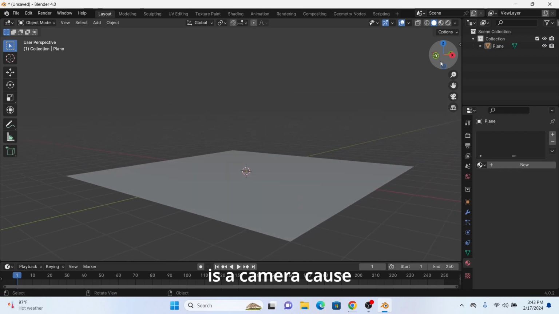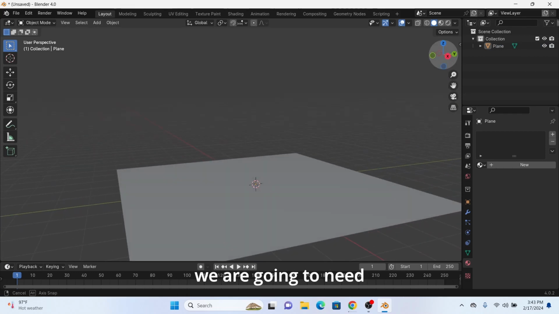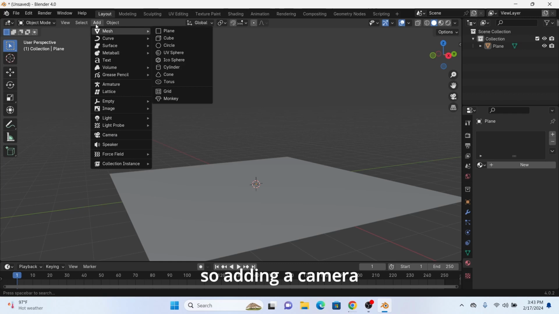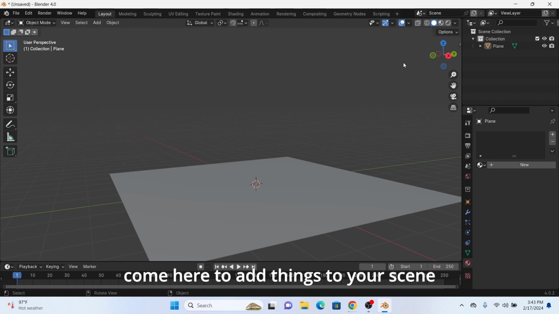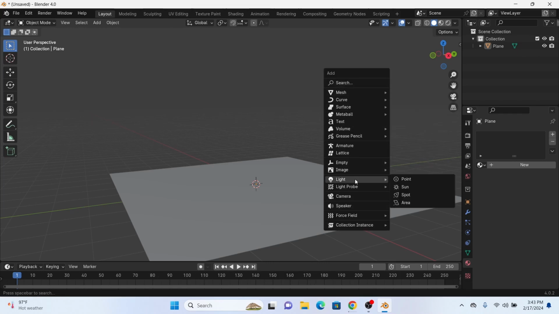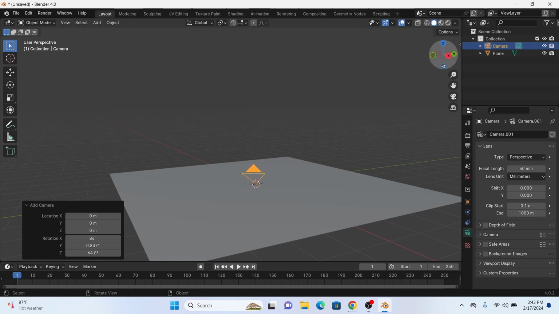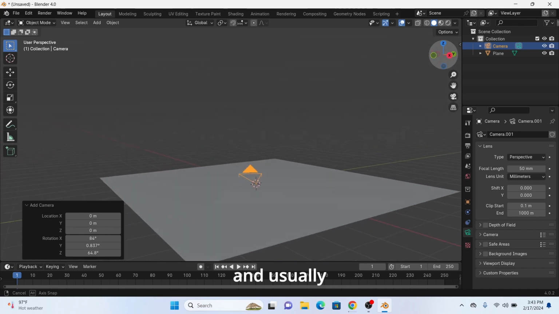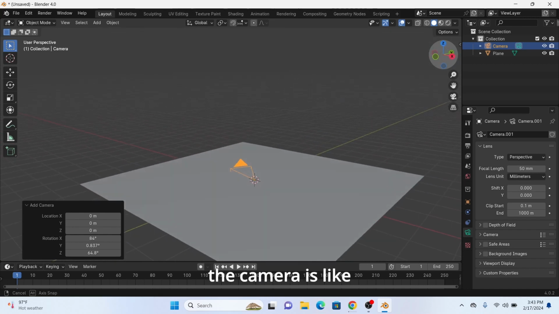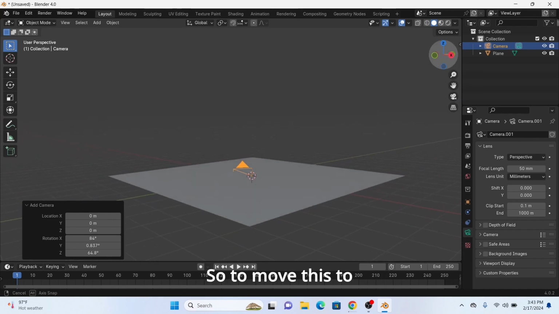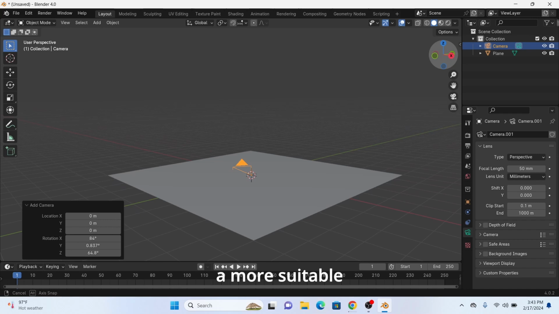The next thing we're going to be adding is a camera, because to render out this scene, we're going to need to look through a camera. So adding a camera, you can come here to add things to your scene, or you can hit Shift A to do that as well. So we've just added in a camera, and usually the camera is generated at the origin of the scene. So to move this to a more suitable